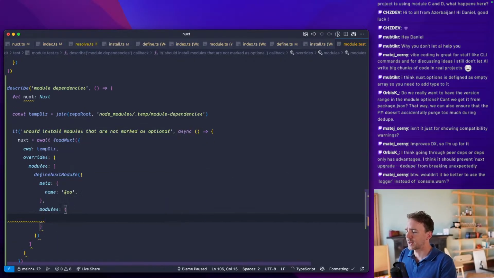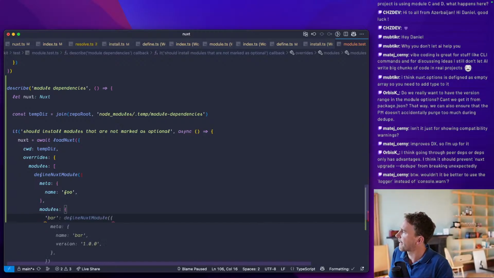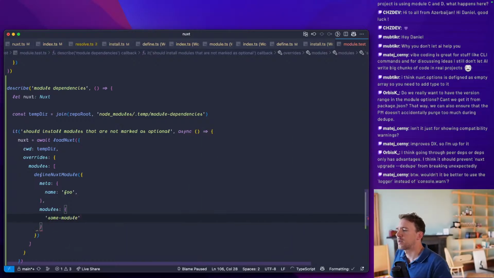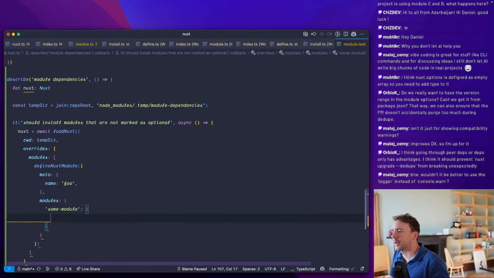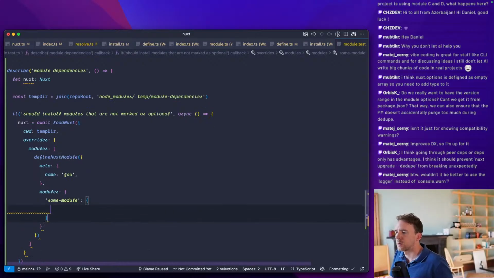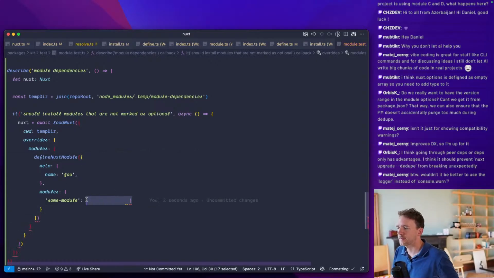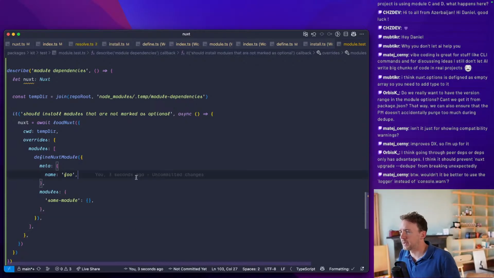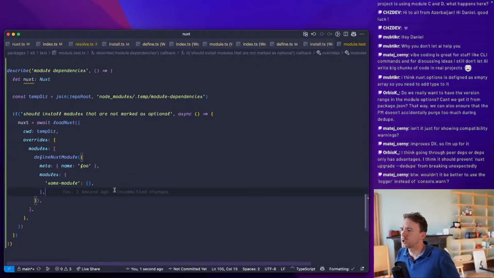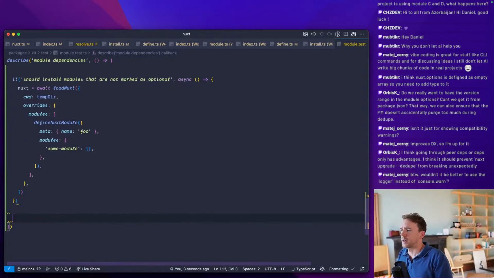And we're going specifically to specify, say, some module, and we are going to just pass it in like that. Right, so what we want to do is